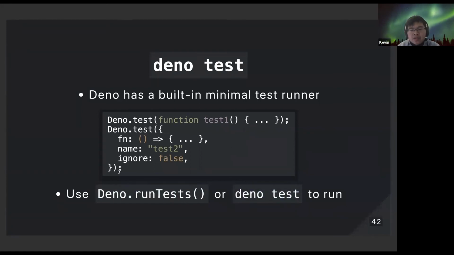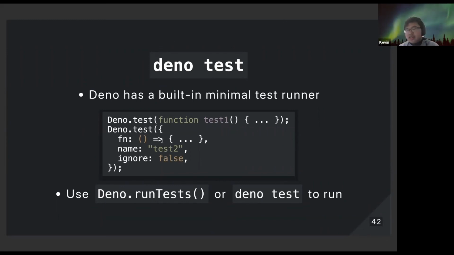And it's a pretty small test runner, but I think it should be pretty useful if you don't really need some other fancy features. We're thinking about probably implementing something like beforeAll, something you might see in Jest or some other things, but that is probably not going to be